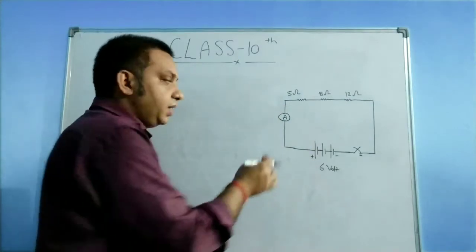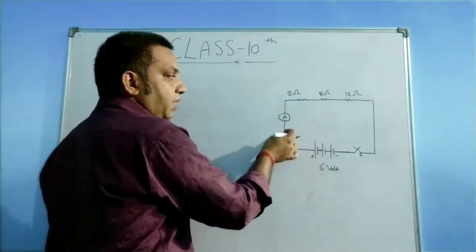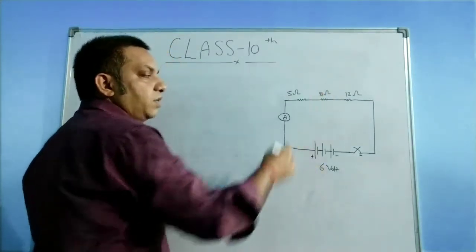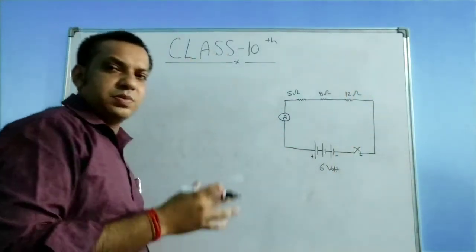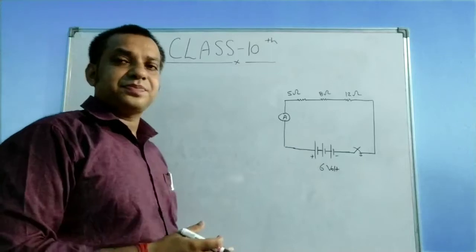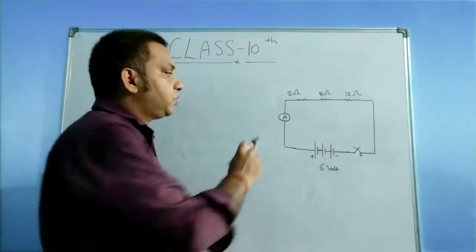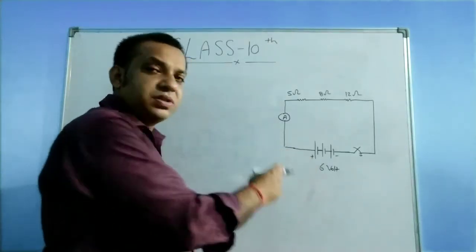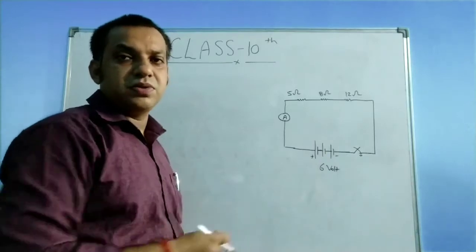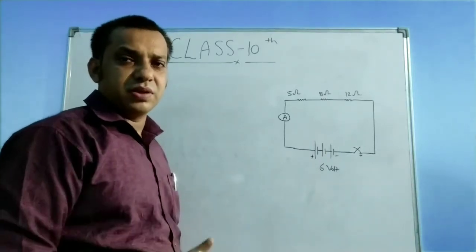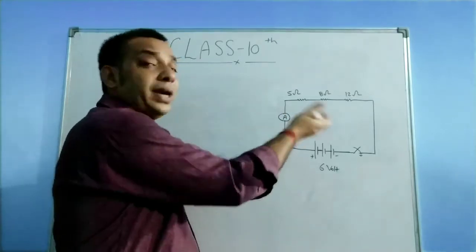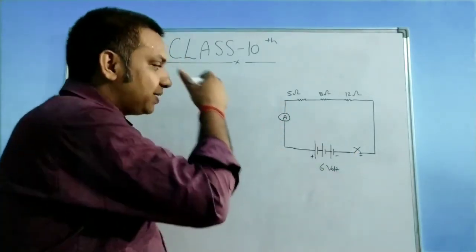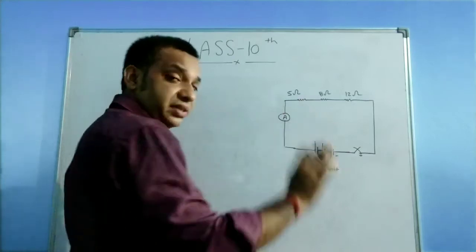That means one terminal is connected to the battery and another terminal is connected to the head of this resistor. Or you can also connect this ammeter here. But for the best reading, you should connect the ammeter from the positive terminal of the cell. This is only for precaution. But we are considering the ideal case, so there is no loss in the wires. That is why you can connect the ammeter anywhere in the series combination.